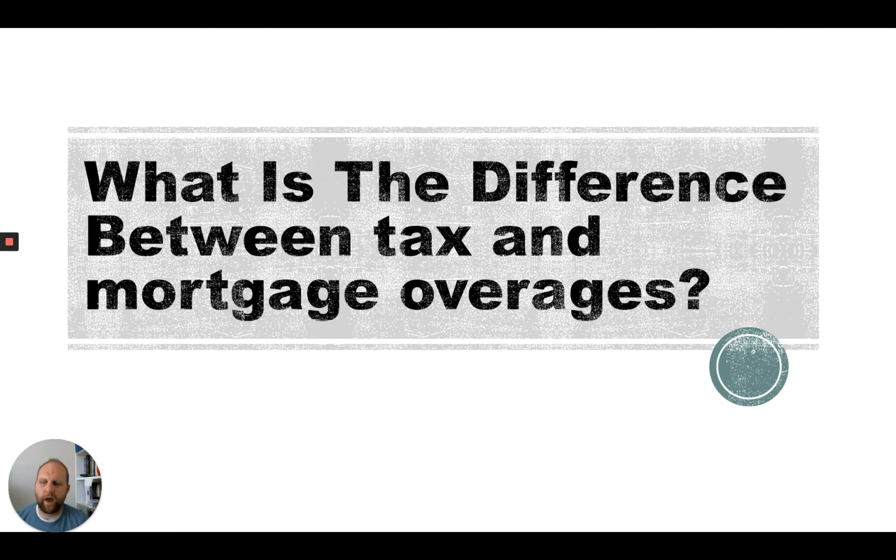What is the difference between tax and mortgage overages? So an overage, let's define overage, is money left over from the sale of a property, and that money should go back to the previous homeowner. Tax overages. This is just when a property is sold at a tax auction to recoup unpaid property taxes. And an overage is generated when an investor buys that property for more than what is owed to the county in property taxes. Quick example, property goes to tax sale because the homeowner owes $10,000 in property taxes.